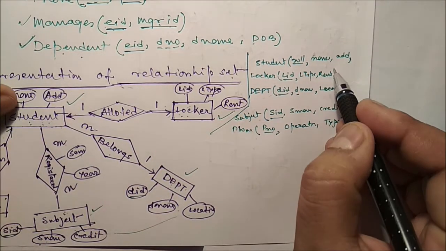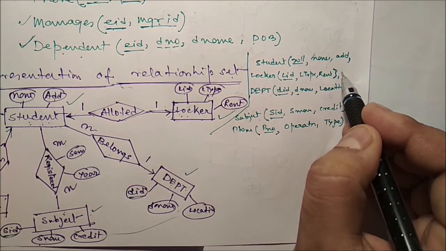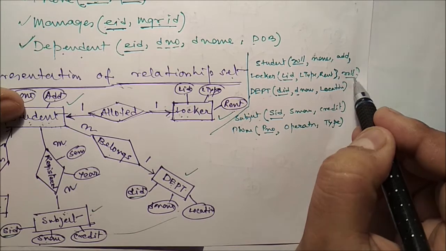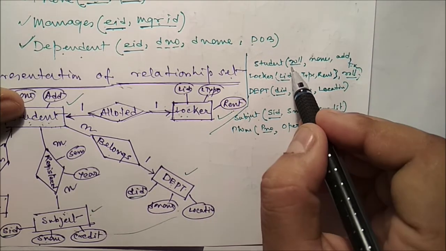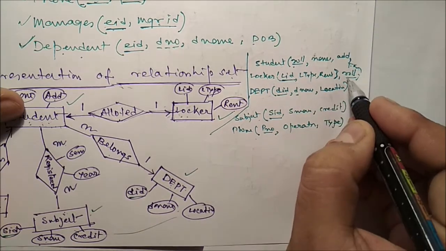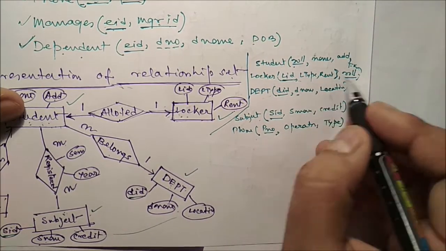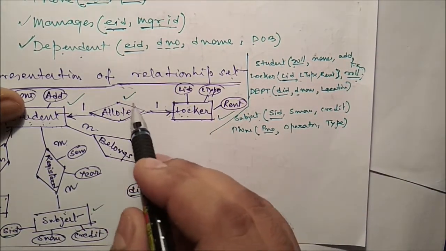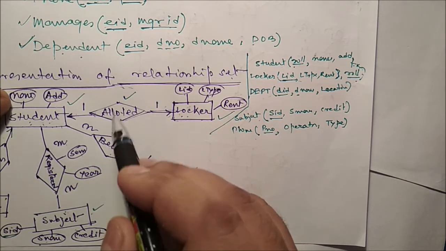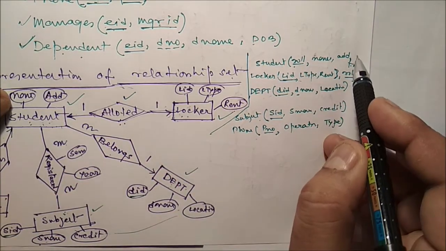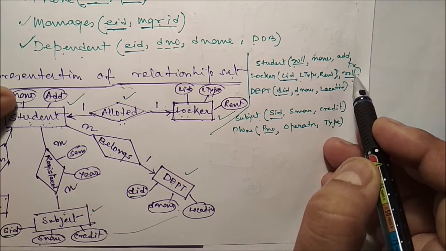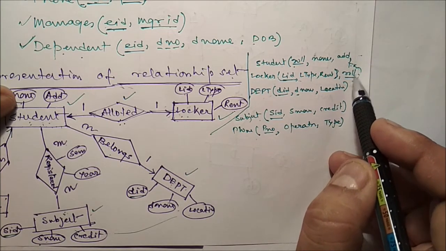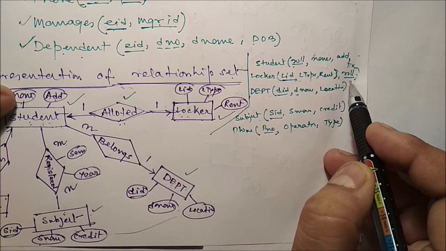So in this case, suppose we put the roll number here, for example. Now this roll number is what? It is a foreign key, that is the primary key of this particular student, and together locker ID and roll number we have to form the key, which is nothing but a compound key. Are you getting this one? So for this relationship, allotted, we don't require any additional table. Here also you can put the locker ID instead of the roll number, so that is also okay. If you put locker ID here, in that case it is not required to put roll number in this locker table. Are you getting this one?